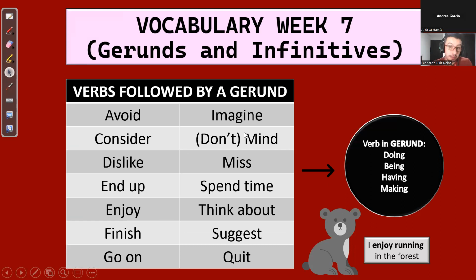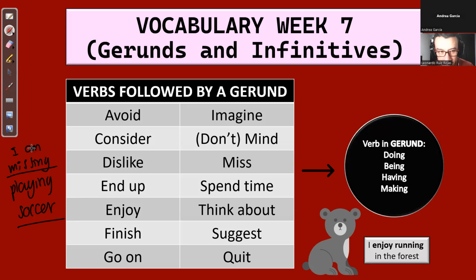in gerund. For example, I am thinking about changing my career. Entonces, este también puede estar conjugado en un tiempo cualquiera. So actually, this verb can be conjugated in present, future, past, future perfect, future continuous. So, for example, I can say, I don't know, in this moment, I am missing playing soccer with my friends. It's missing because it's present continuous.